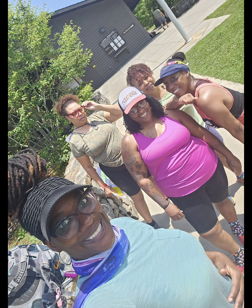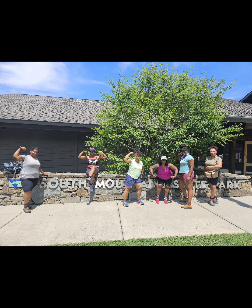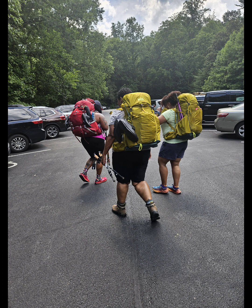And here we are. I think everybody's in the picture here except for one. Shamika's missing from that picture. But we were just registering and getting ready to park before we started our hike up the mountain. That's just me chilling on the state sign, showing some different boots that I wore this year,